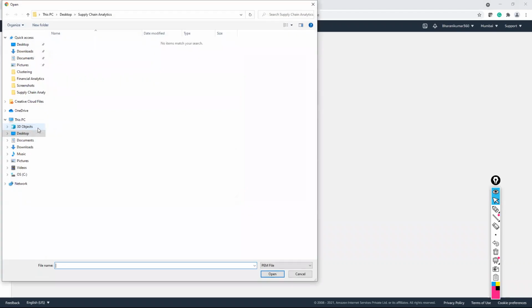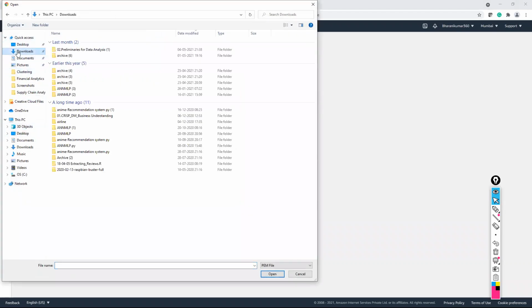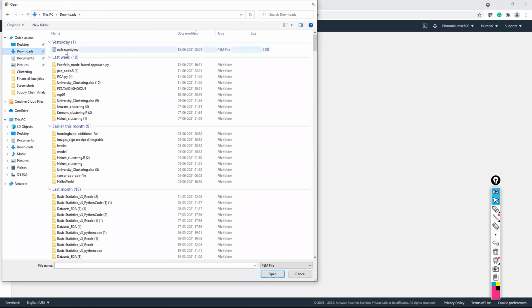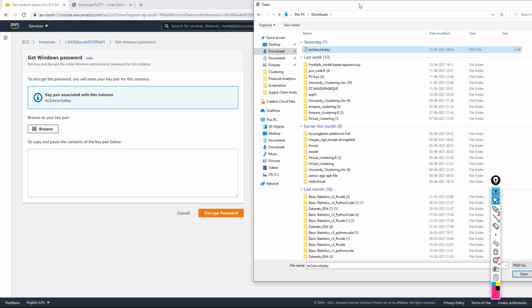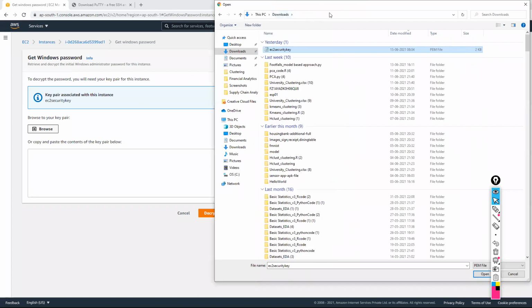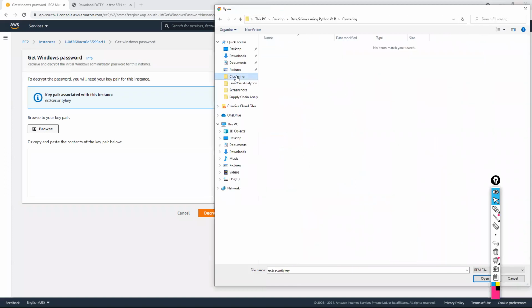Browse, downloads, this one. See, you can take a screenshot of this. Am I already converted? Then again, is it okay if I copy it and make it to PPK again?